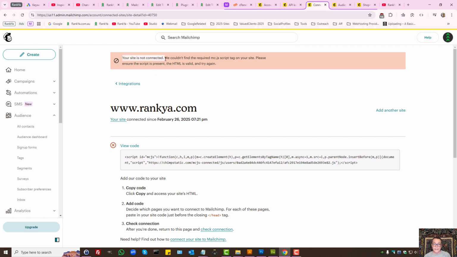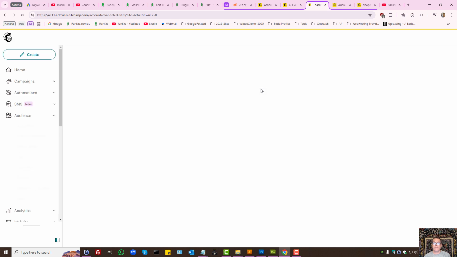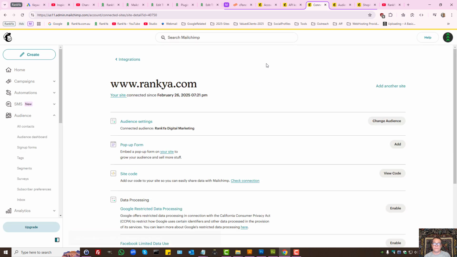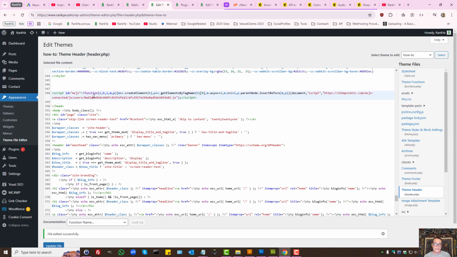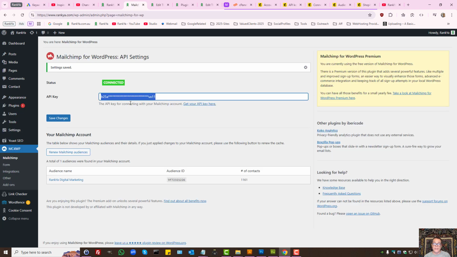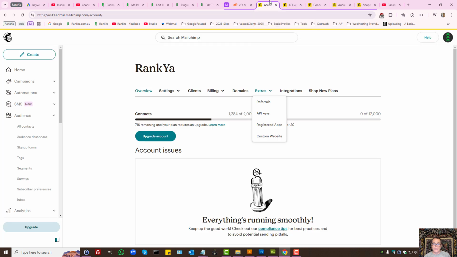Now, as we can see right now, it's saying, you know what, we couldn't find that code. Let's refresh the page to see what happens. As you can see, the site is now connected because it has seen that code we've added, and also it's seen our API key. Now at this stage, let me share some tips and insights with you if you're starting to use Mailchimp. The free plan is good enough for you to build momentum and your customer base,